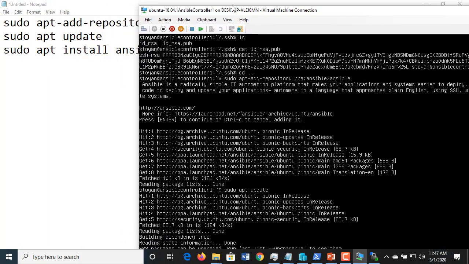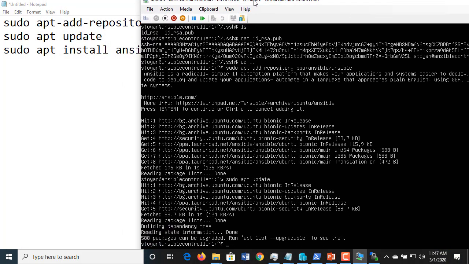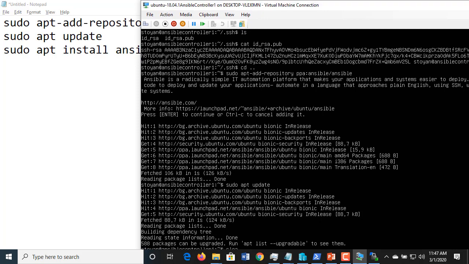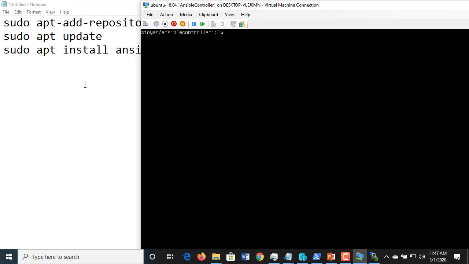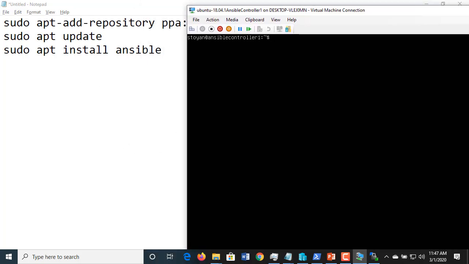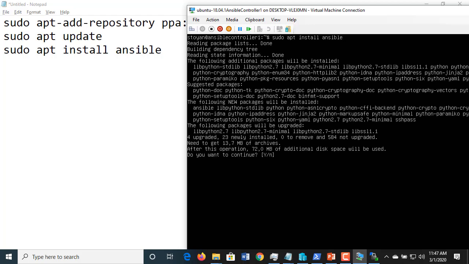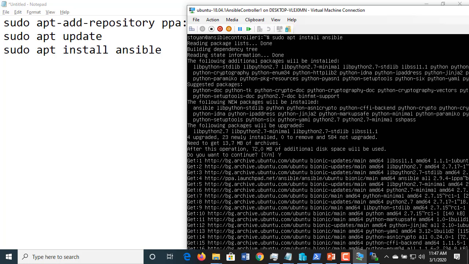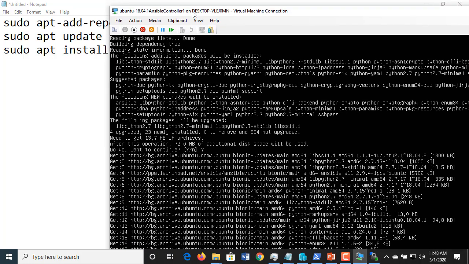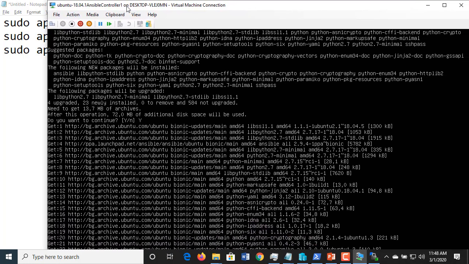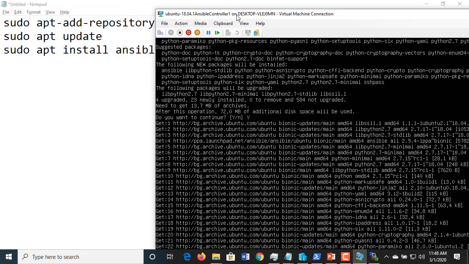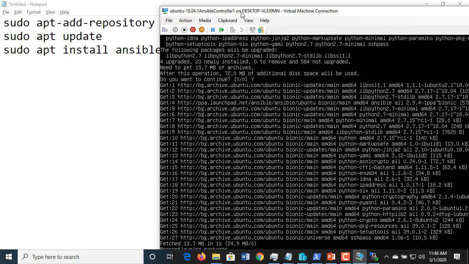Since I don't see the bottom, I see it now. I'm at the bottom and it's done. Clear again and do Ansible install. So I will have Ansible on this machine. Sudo apt install Ansible. Yes, of course. And when it finishes, I will have fresh installation of Ansible on the controller node. This is all you have to do in order to use Ansible on a machine. This is the controller. Actually, there are more steps, and I'm going to do these steps